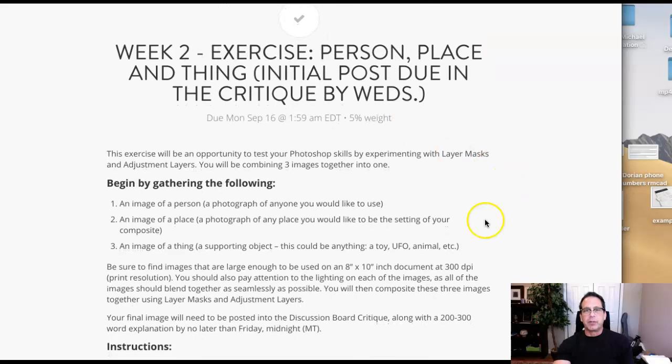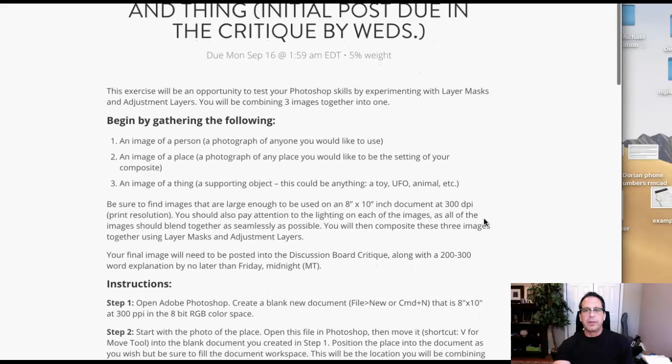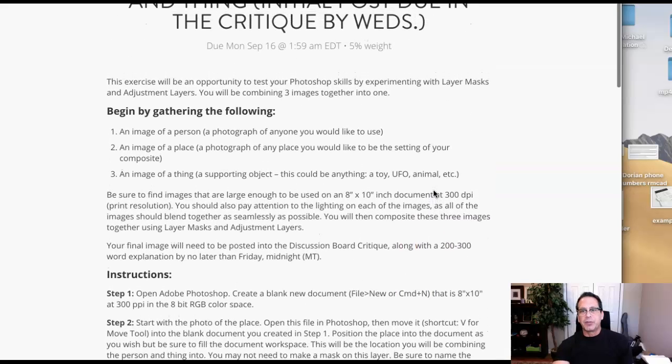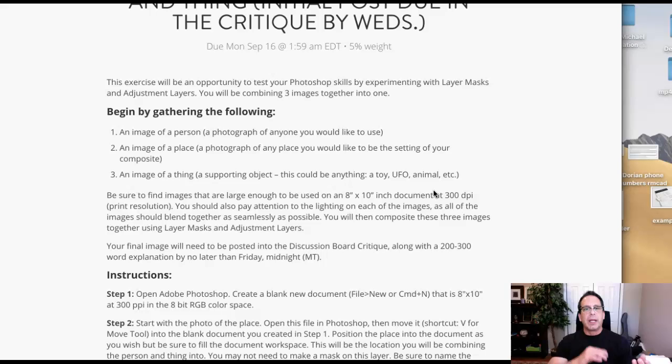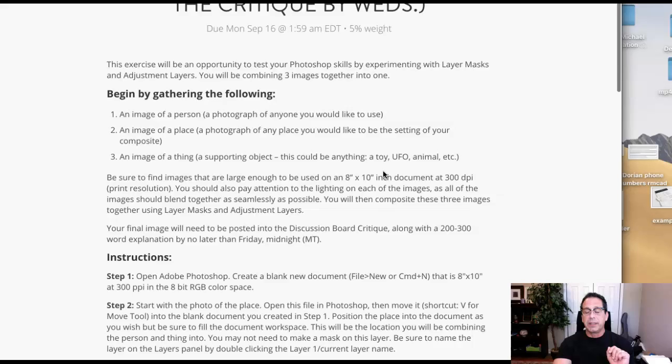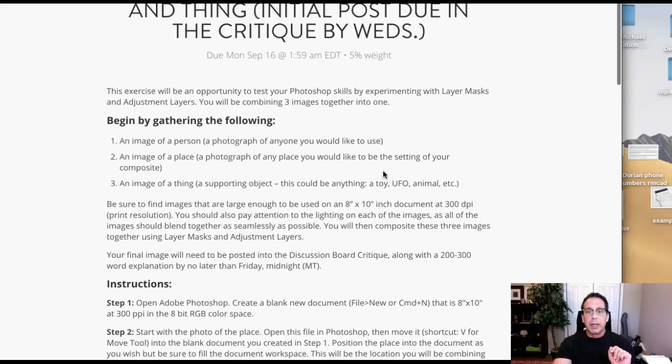This is the technique that you'll be using for your cinematic poster, and this is a very well accepted technique, and some of these things I'm going to show you are industry standard practice, and they will become applicable to your work for not only this exercise but also for the cinematic poster. So that said, again, I just want to reiterate this video tutorial is not meant to replace the learning resources. It's meant to supplement the learning resources for week 2, specifically in the setting up and execution of